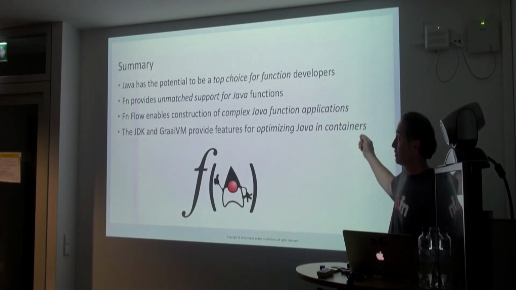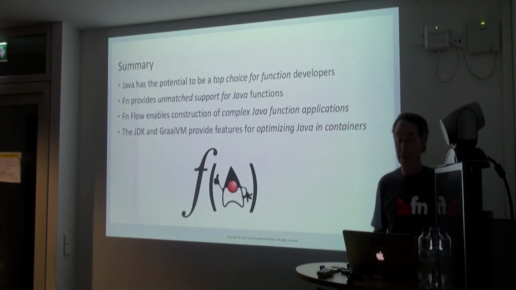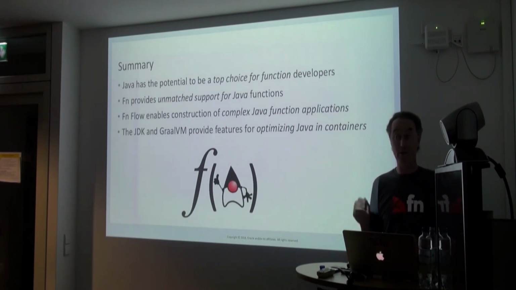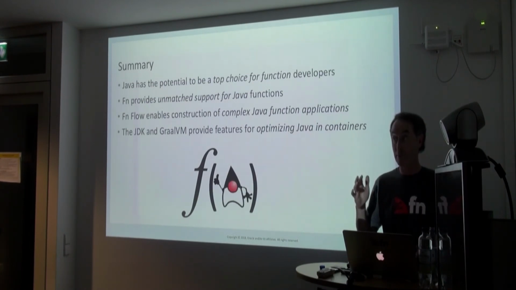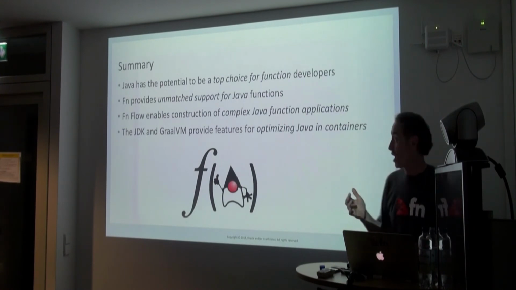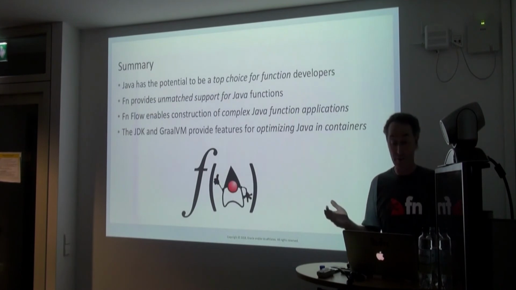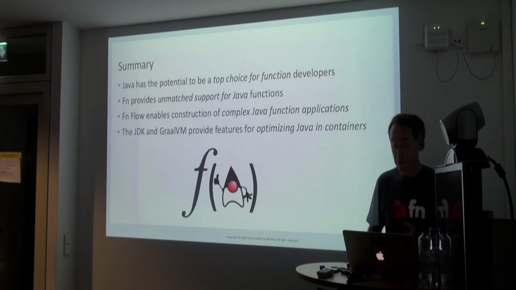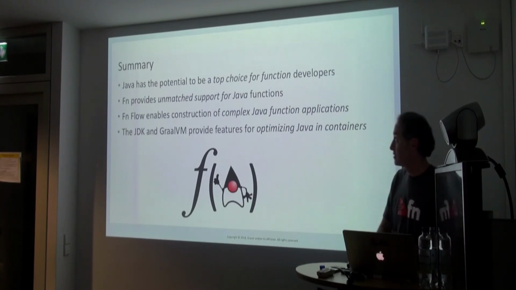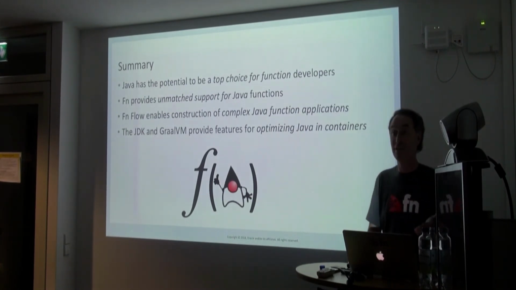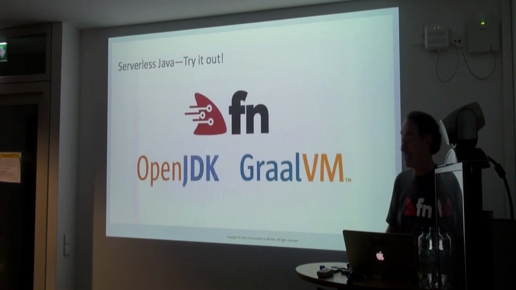And having the raw VM, the substrate VM there for optimizing is a really interesting thing, right? So it solves a number of problems. It gives me fast boot time. It gives me low overhead, so low memory consumption, which is an issue because people tend to pay by how much memory their functions use. It runs fast, right? It's small, so I move it around the network quickly. So I solve a lot of the problems. So functional Java, I don't know why it is not the leading contender, right? Why is it not being used?